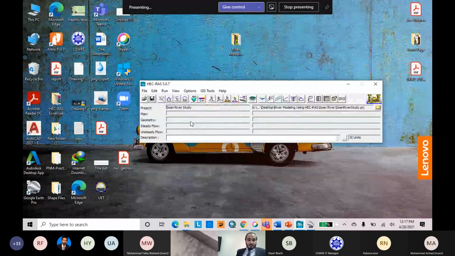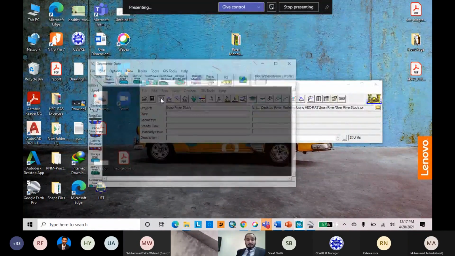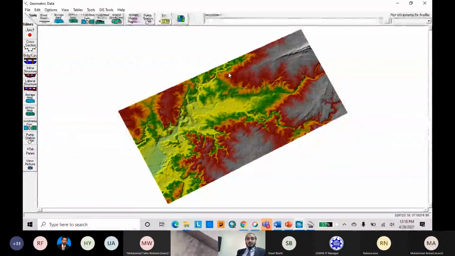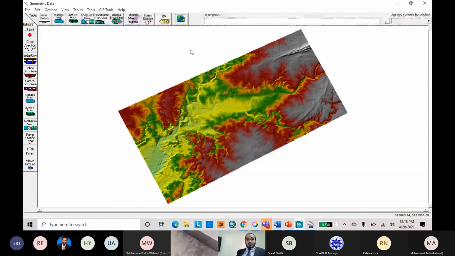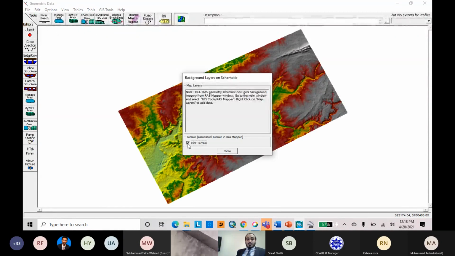First of all, we go to the geometric editor. This is the geometric editor. Here you can see that from the RAS Mapper we have shown a digital elevation model. If you want to turn off your plot terrain, you can use this option up there, View Background Layers. You can see any background here, a shapefile or digital elevation model.